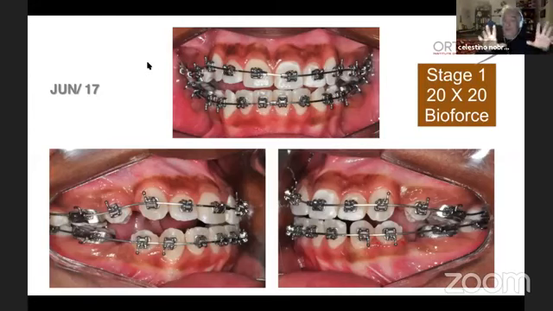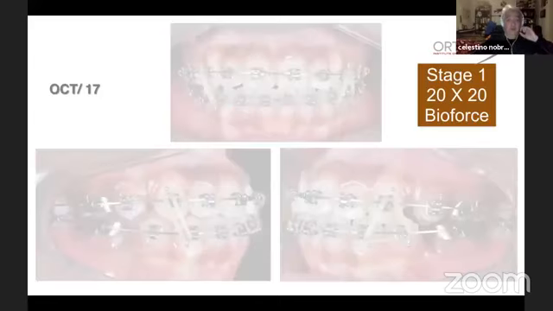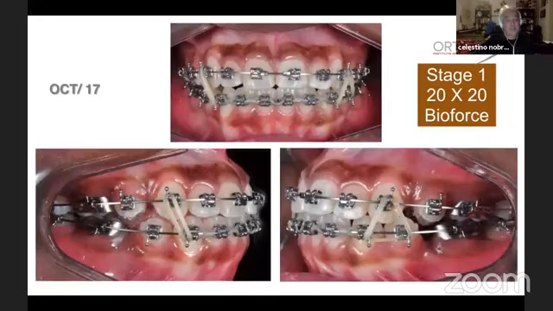So I think this is very interesting, there's no magic in the brackets. You guys know about this, okay? There's no magic, but this is a very nice combination, interactive self-ligating brackets and 20 by 20 Bioforce, and I'll show you why. So again, June 17, 20 by 20 Bioforce. We call it stage 1. Stage 1 is 16 Centalloy and 20 by 20 Bioforce. This is October, so 4 months later,